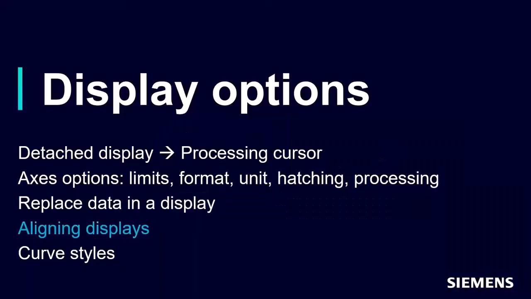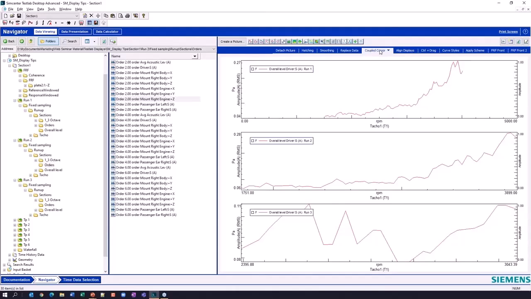Now I'm going to talk about aligning displays, and we do this in a couple different ways, but this is where I've got multiple displays. I've got 3 different sections to this display, top, middle, and bottom. And again, I've got 3 different runs, and I'm comparing overall level between these three. And you notice I've got all kinds of differences here, right? It's not easy for me to compare these three runs because I've got way different limits up here. I'm going from 0 RPM up to 5,000, totally different numbers here for my x-axis. Again, x-axis is totally different here.